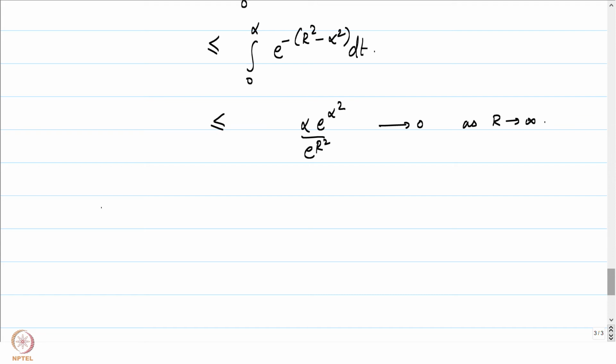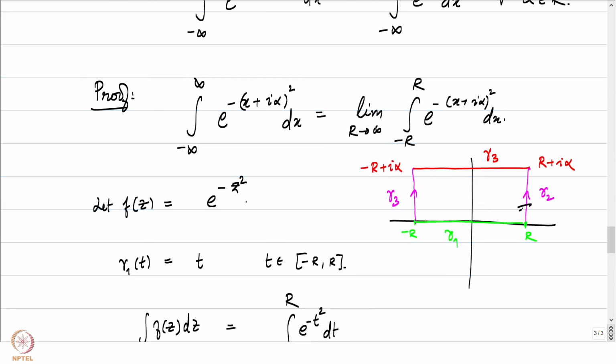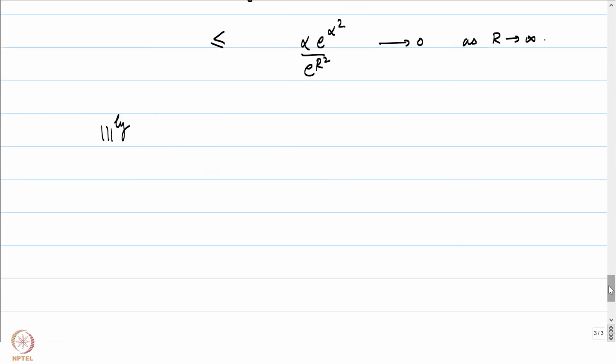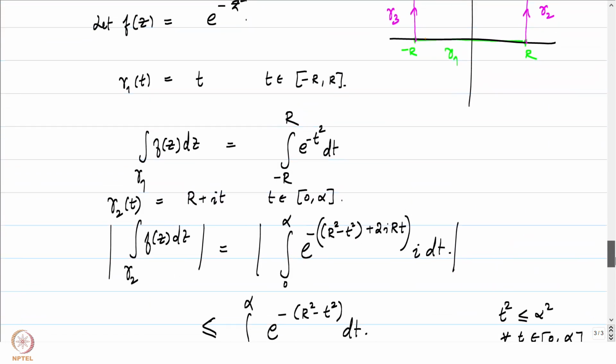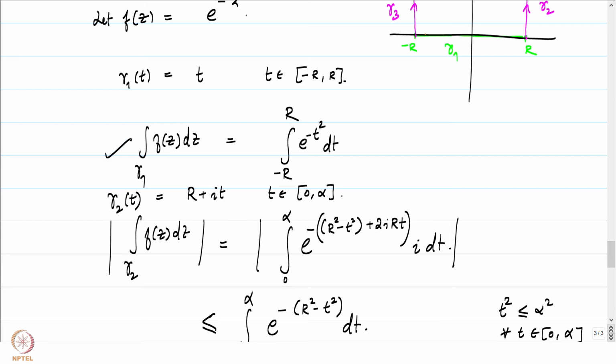Similarly, the integral over gamma 3 is also going to be 0. A very similar computation will tell us that the integral of f of z dz over gamma 4 converges to 0 as r goes to infinity. So, let us now only worry about, we have taken care of gamma 1,